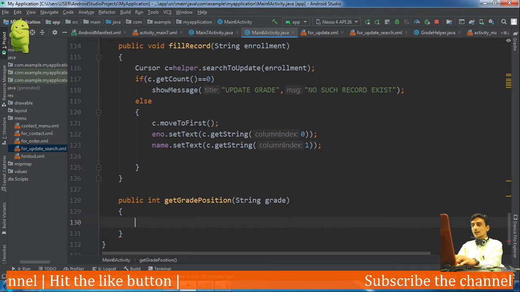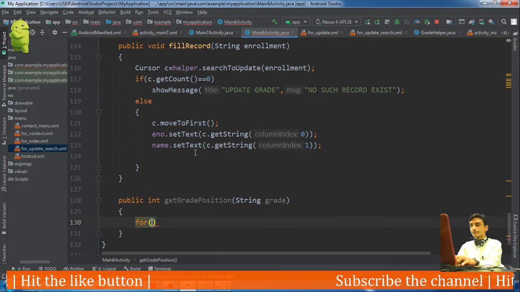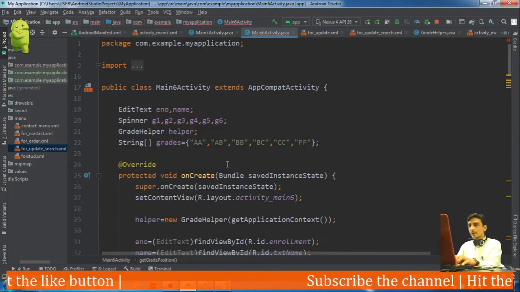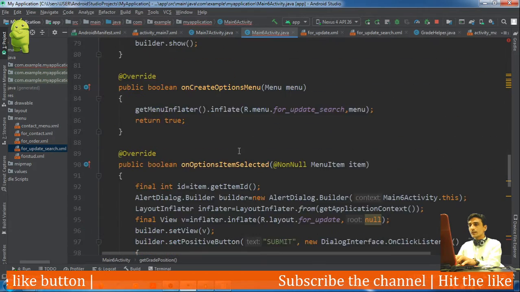Then we will check our array, which is appearing here.